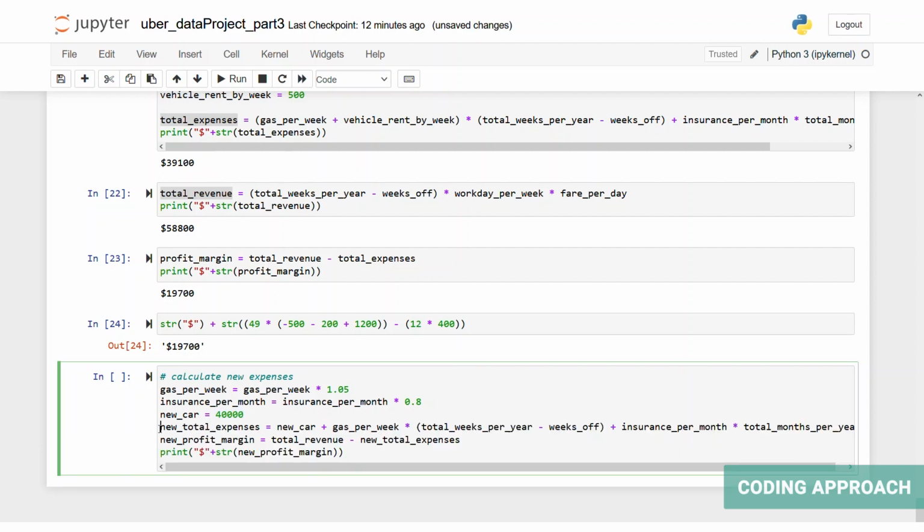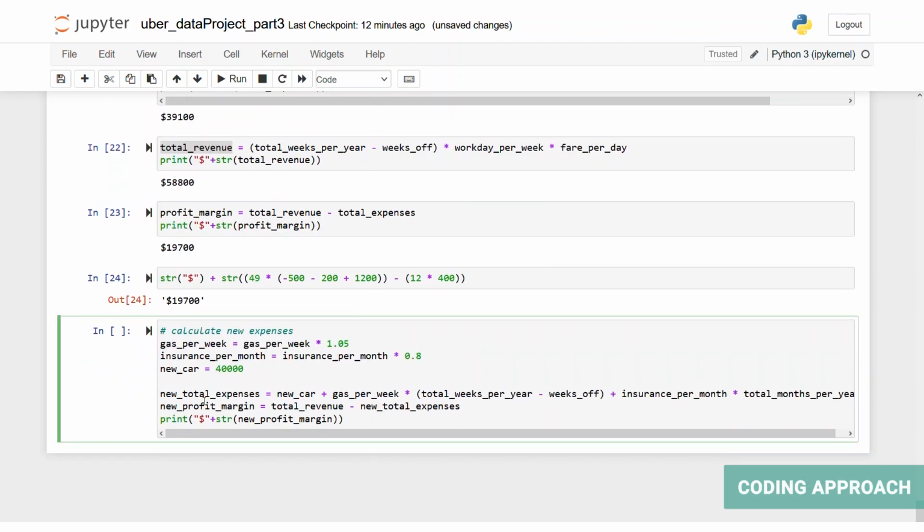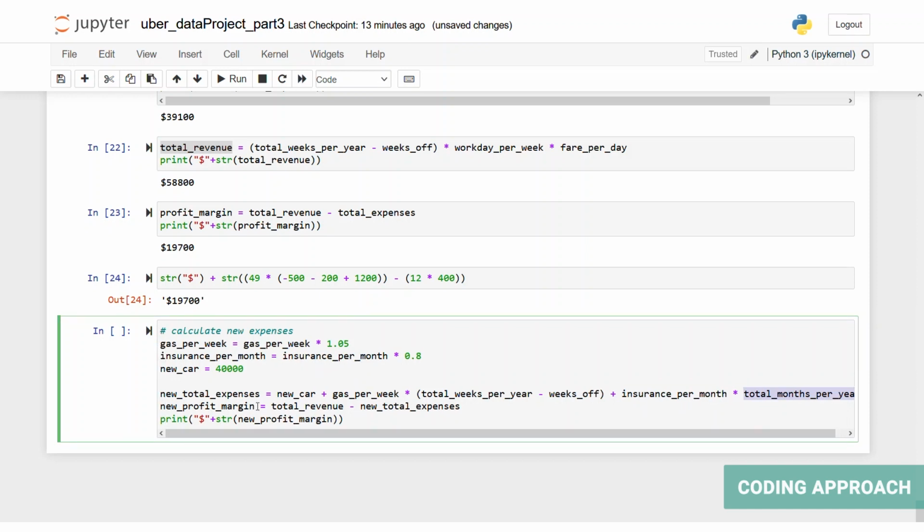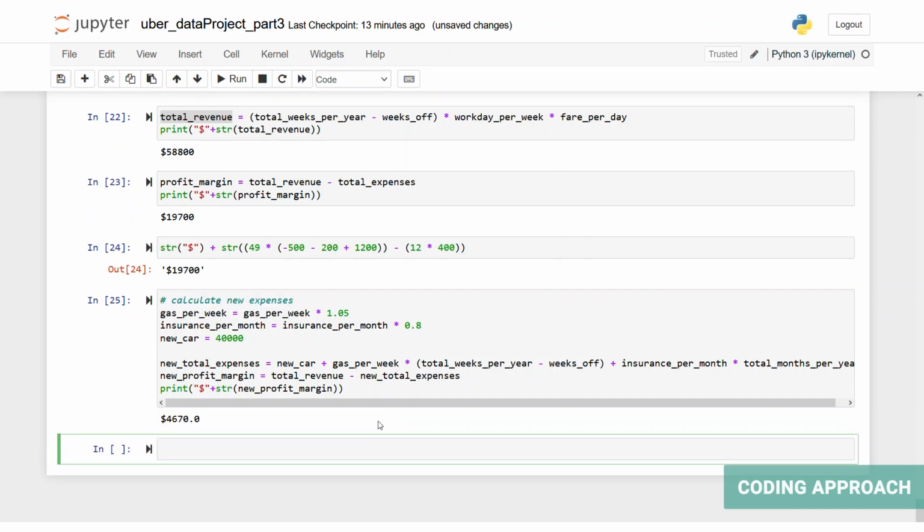Now let's do the math here. The new total expenses would be the cost of the new car plus the gas per week multiplied by the total weeks per year minus the 3 weeks off, adding the insurance per month and multiplying that by the total months per year, which is 12. And the new profit margin will be the total revenue minus total expenses, which is the new total expenses that we just created over here. And again, we're converting our new profit margin into a string and adding a dollar sign. And the answer is